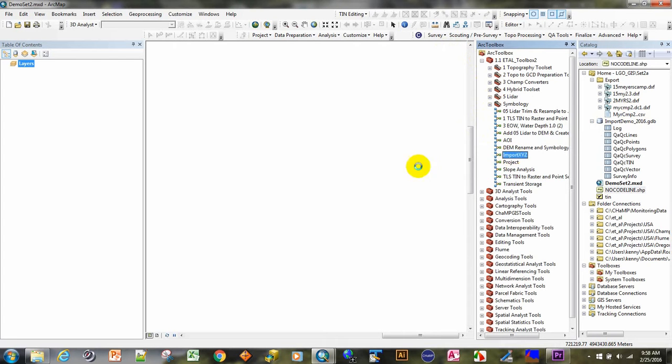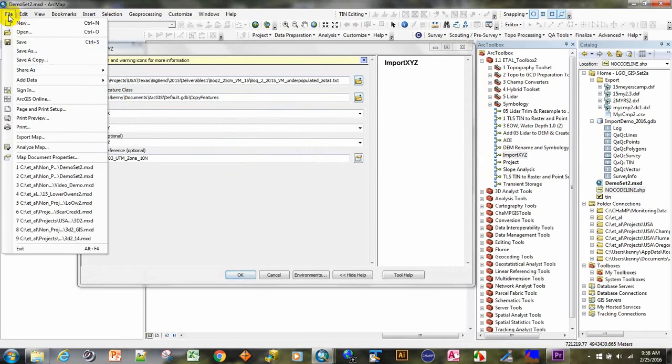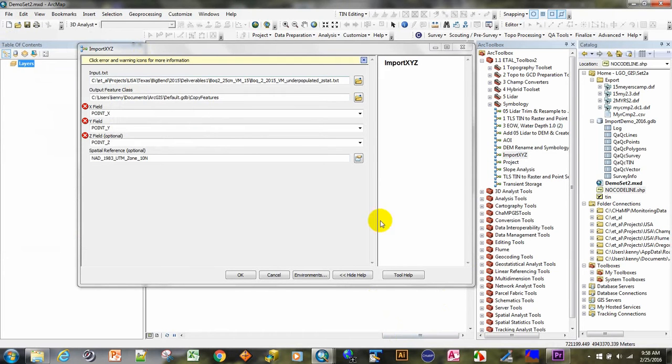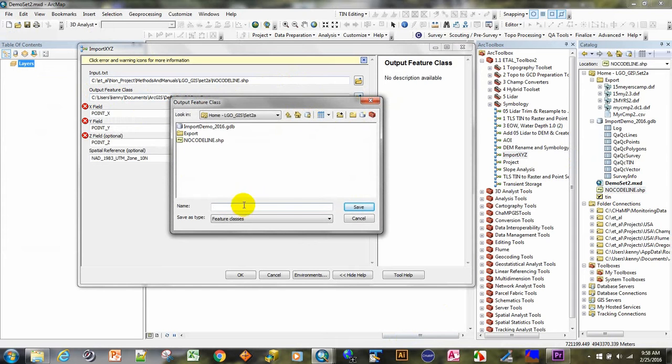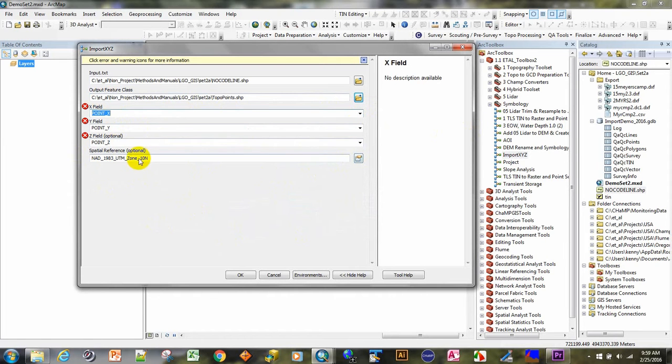points, and I have an import XYZ tool that I've created. It is a combination of add data, add XY data, and then exporting the event. So I've created this tool to do those two things. So we simply load the shapefile, set our output location, coordinate system,